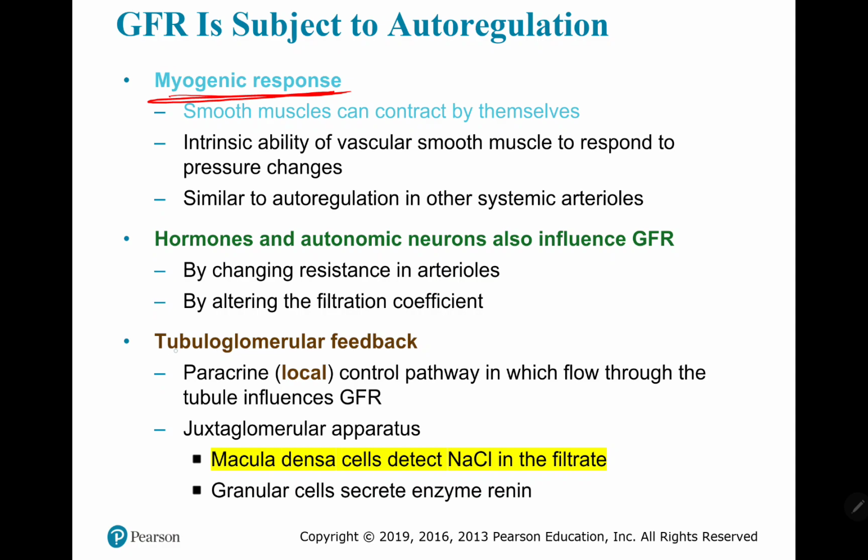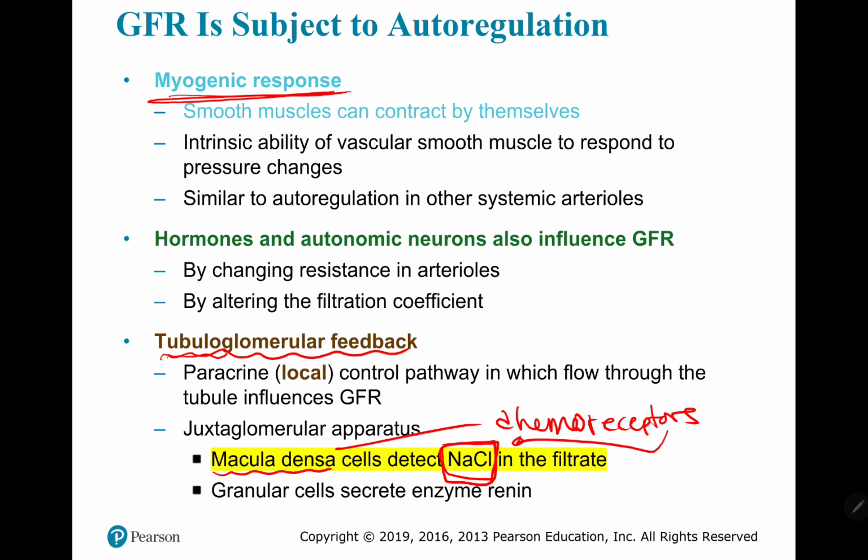You also have tubuloglomerular feedback, right? This is where you're sending a paracrine or local signal from one cell that will influence another cell right next door. And so we have that juxtaglomerular apparatus. In that apparatus, we have the macula densa cells. Remember that the macula densa cells will detect salt, meaning these macula densa cells are chemoreceptors, right? Because they measure the amount of a chemical, that salt chemical,